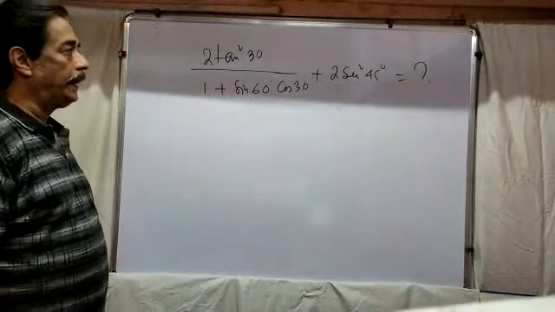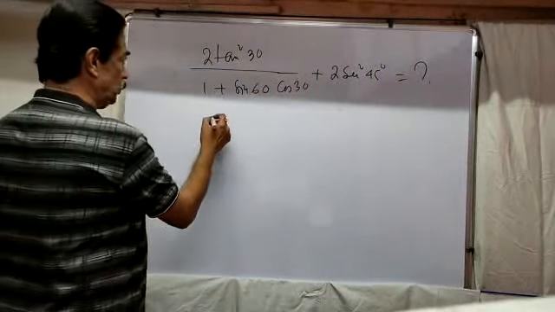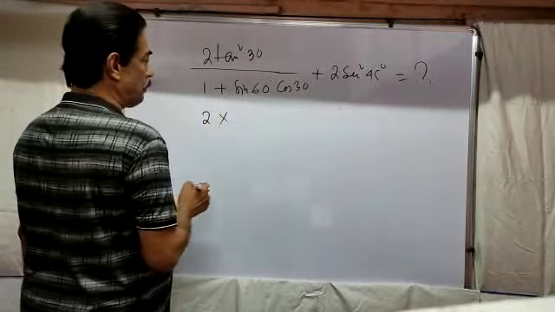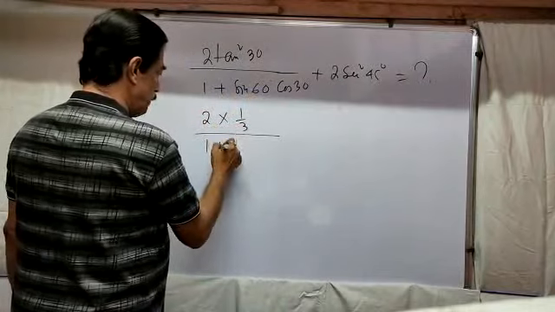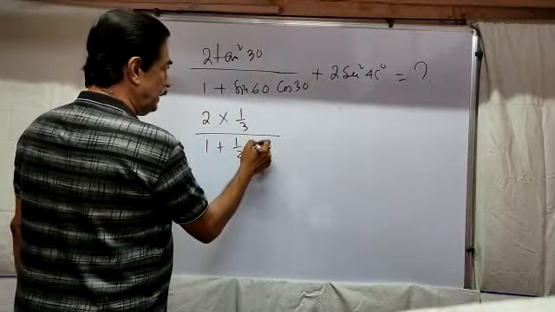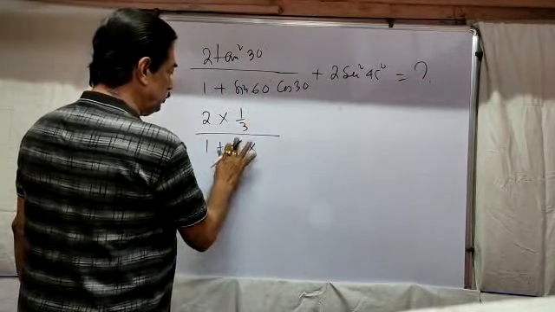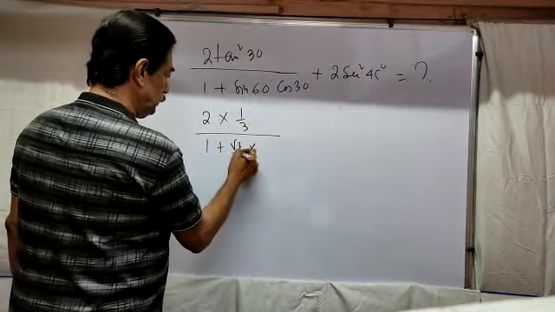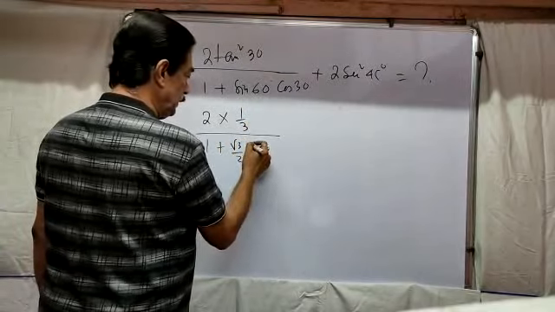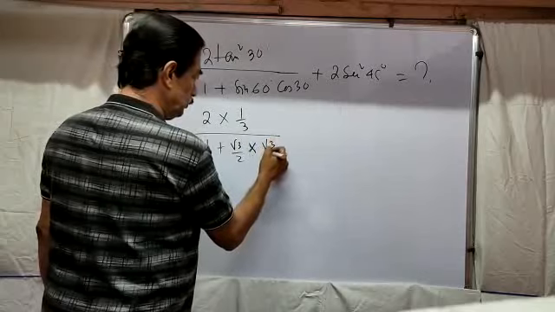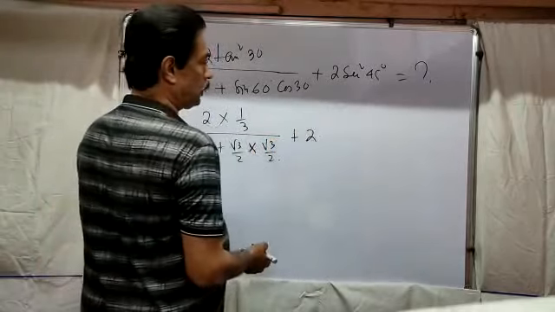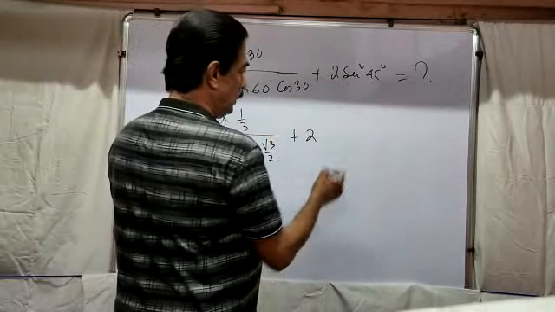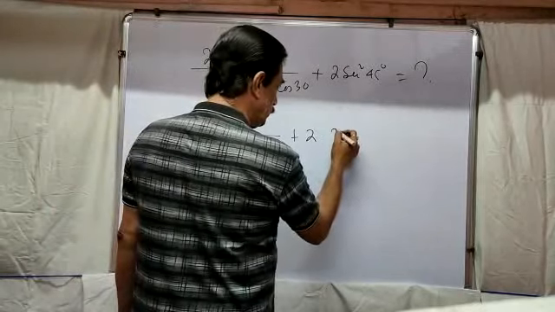You have to remember all the values and directly put the values. 2 into tan 30 means 1 by root 3, 1 by root 3 whole square, 1 by 3 by 1 plus cos 60 half, sin 60 root 3 by 2 and cos 30 root 3 by 2, plus 2 sec 45, cos 45 is 1 by root 2, so sec is root 2, root 2 whole square